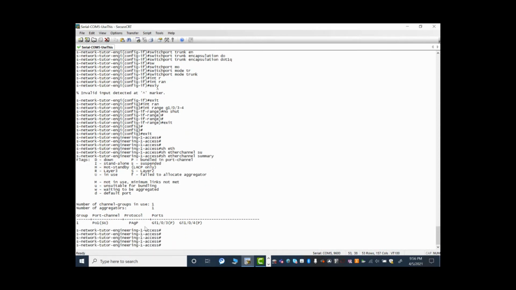Okay, now the port channel is up. So you have to remember what you are doing on one end and also what you are doing on the other end. Alright, so this is done, port channel 1, and let's go to the other switch and configure